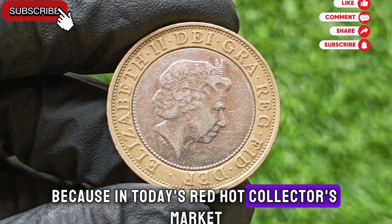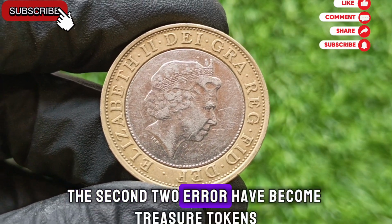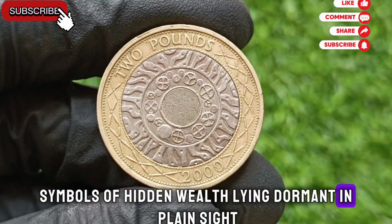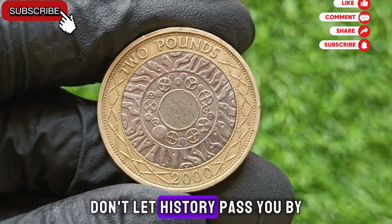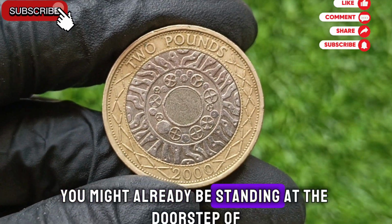Because in today's red-hot collector's market, coins like the rare 2000 Elizabeth II era have become treasure tokens, symbols of hidden wealth lying dormant in plain sight. Don't let history pass you by. If you've got one of these coins, you might already be standing at the doorstep of